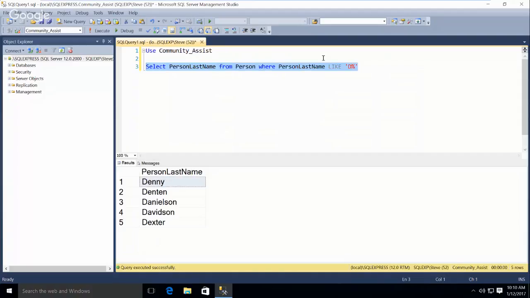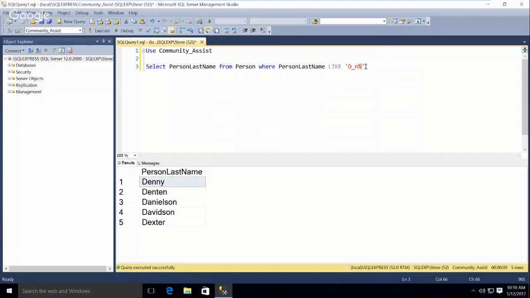Say we only wanted one character here. This wasn't part of the assignment. For just one character, let's say we did DE, then an underscore, and then a percent. Now that really isn't relevant in a way because we have only these as DE. If we had a Danny in there, then it would give us that too.